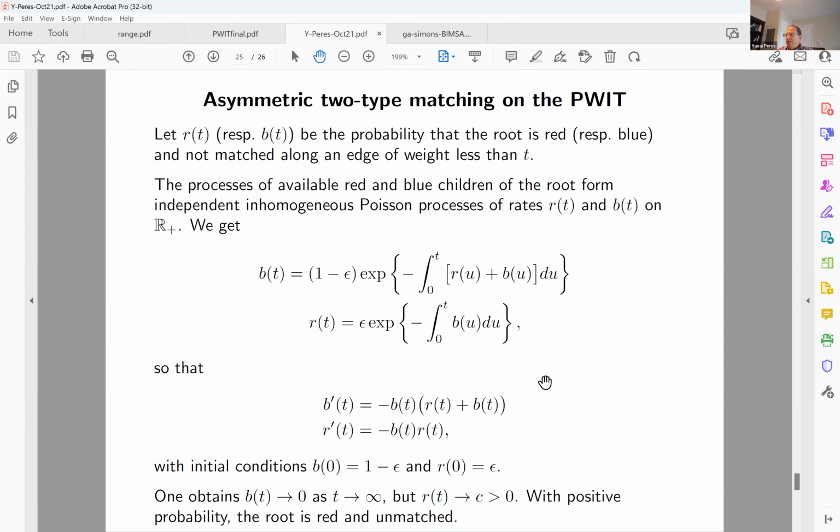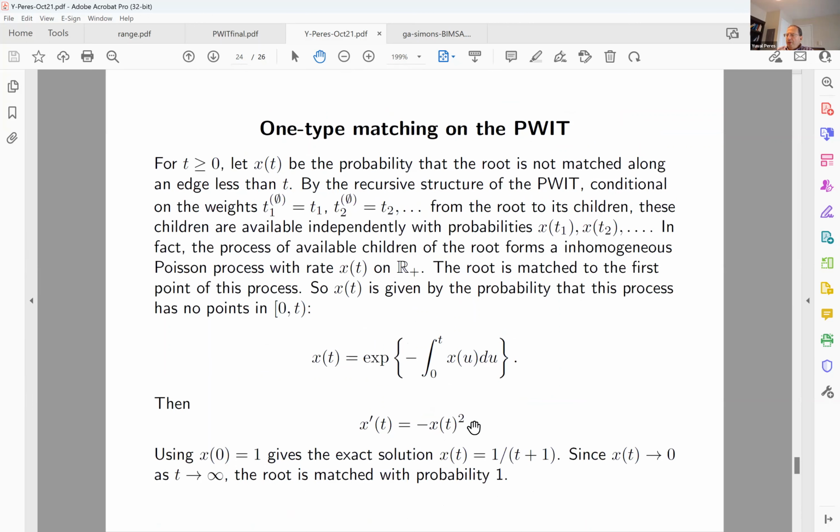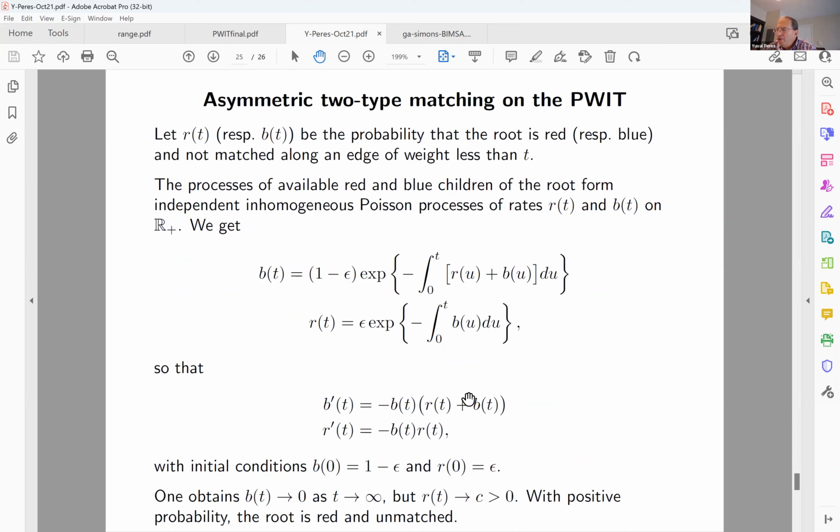We differentiate them to get a pair of coupled differential equations. Sorry, I switched too far. So these are the differential equations. We know the boundary values. B of 0 is 1 minus epsilon. R of 0 is epsilon, and this pair of equations is